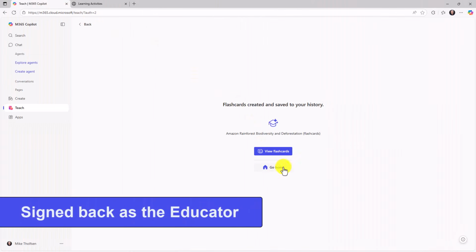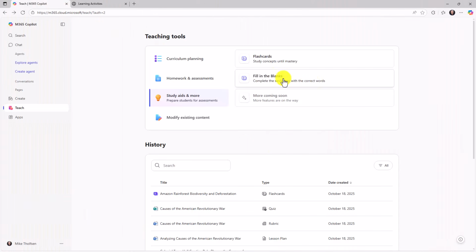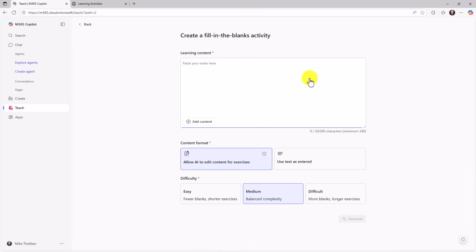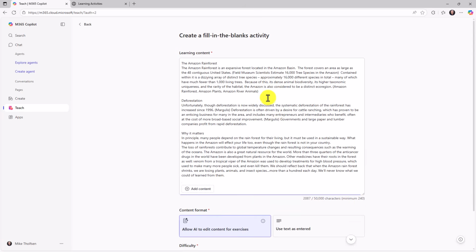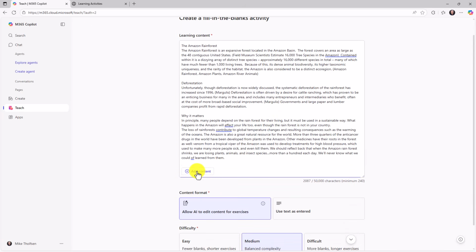Now I'm going to go and say go home, and we'll show fill in the blanks. So click this. This is a new activity that's going to be rolling out in the next few weeks. So by the end of November, you should have this one. I'll do something similar here with my Amazon rainforest content. We'll paste that in. Here we go. Again, you can add your own content and upload more information as well, but we're just going to keep this